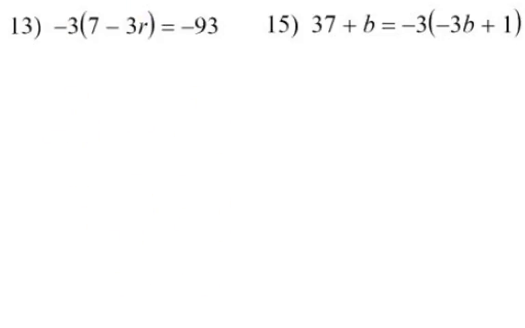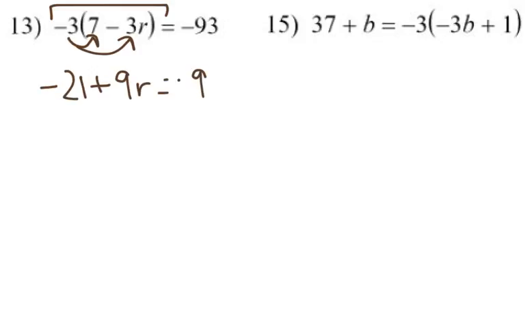So let's take a look at the other way we could have done 13. We could have said, well, let's simplify this side, because I know because of the distributive property I can multiply negative 3 by 7 and by negative 3r. So then we'd get negative 21 plus 9r equals negative 93. Then we would just simply have to add 21 to both sides, leaving us with